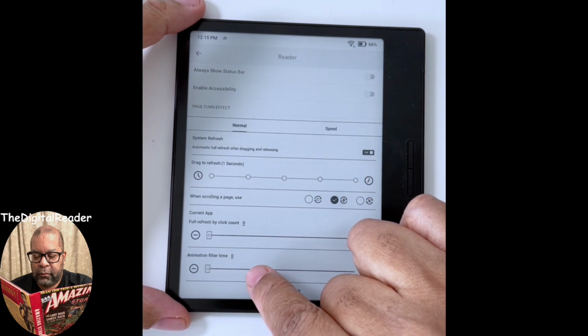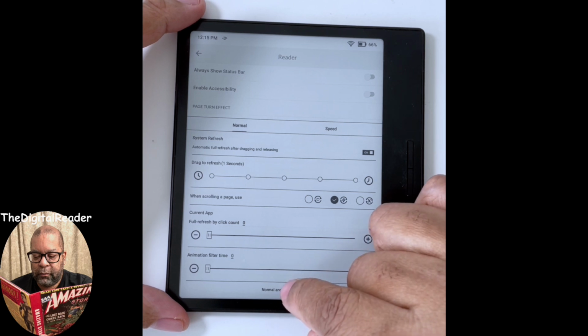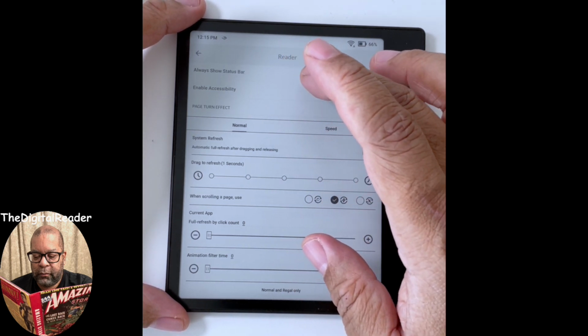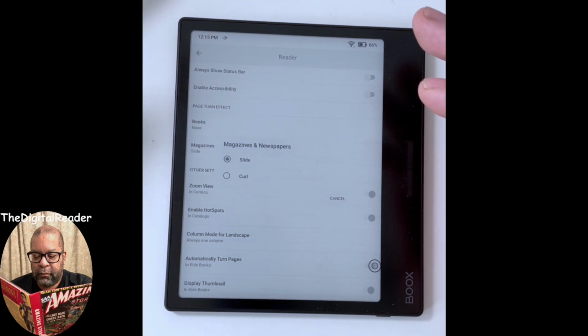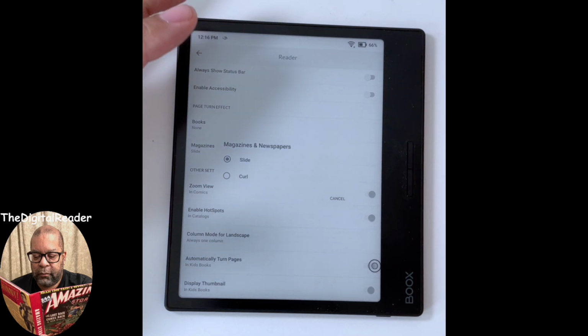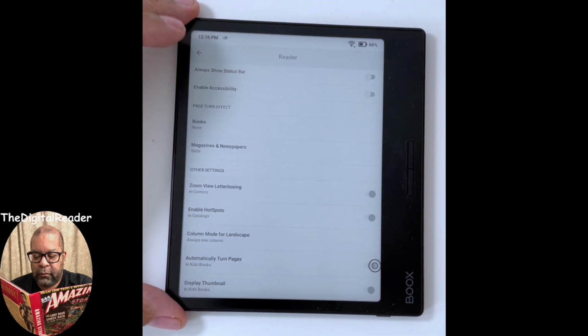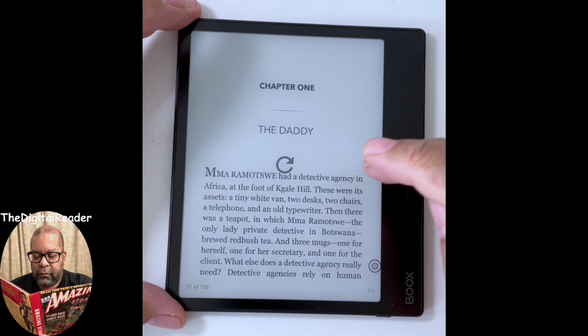So if I did read a lot of magazines and newspapers, then I would probably have to go to the setting, animation filter, and raise that and play with it till the animation filter cut out the page turn so it wouldn't be as choppy. But with a magazine, I might go a little bit easier on my settings so that it would be okay with more animation, even if the reading experience wasn't as good. So, let me get back out of that. It takes me back to the book, and you can see